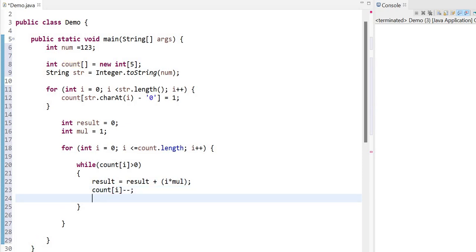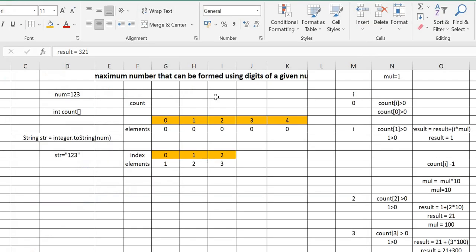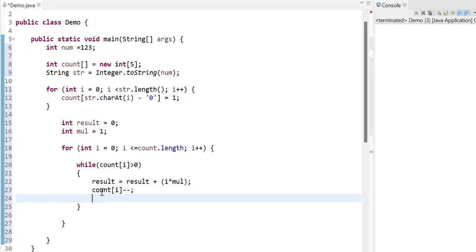As I told you, when we have watched the element that was 1 earlier, we have to decrement it. So I have also decremented the array, making that variable 0. And finally I will say multiply the multiplier by 10. Okay, so when everything is done,